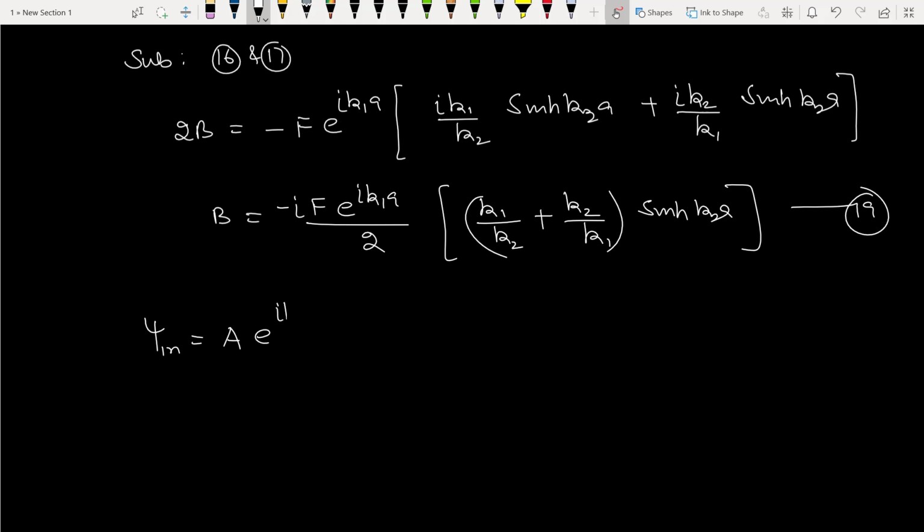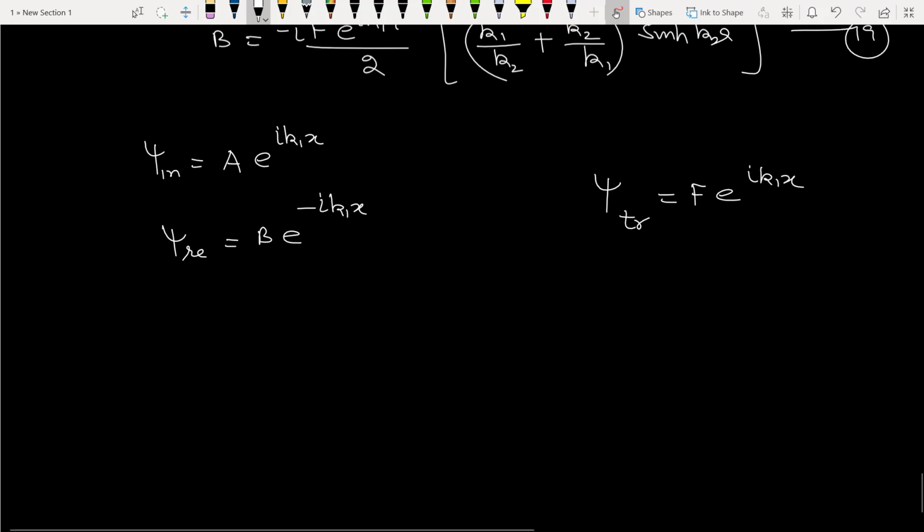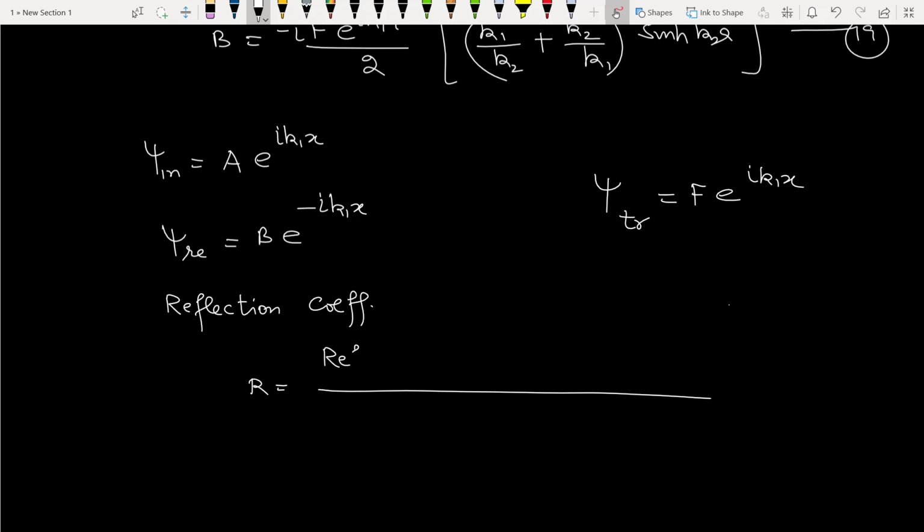incident wave function as A e raised to power iota k1x, reflected wave function as B e raised to power minus iota k1x, and transmitted wave function as F in the wave function 3. So now we will define the various coefficients. First is reflection coefficient. Capital R, it is defined as the ratio of reflected probability density current to the incident probability density current,